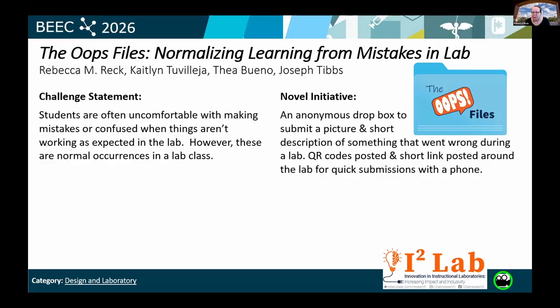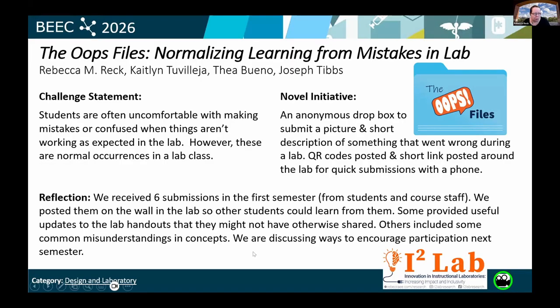We were brainstorming ideas on this assessment piece, and somebody brought up that they actually have a display of bad prototypes in their design class. And so this is me trying to build off of that display of bad prototypes into something that would fit in an instrumentation lab, hence the pictures and stuff.